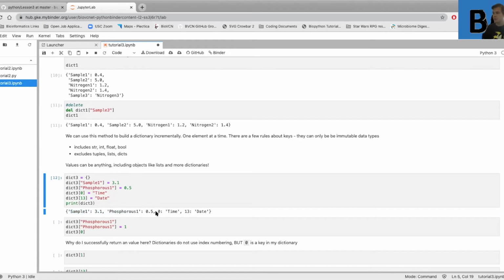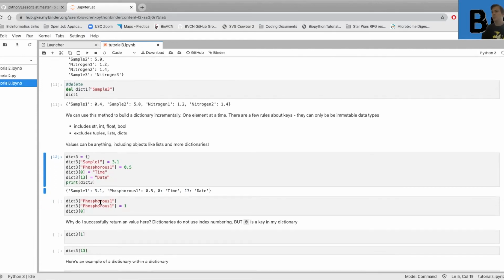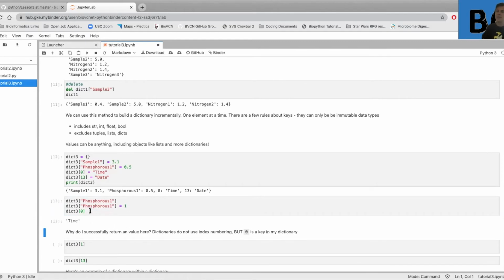You can see here, the key is in fact the number 0, along with the value time, and the key here is 13. So let's explore what this would do. Here we can take our phosphorus 1, which is currently set at 0.5, and reset it to 1. Here it looks like I'm asking for what would be the first position in the list. And instead of getting back sample 3.1, what I'm getting back is the key 0 and its value. I put dic 3 and I get back time. Even though I set phosphorus to 1, and gave it a value that it works with, and even though it looks like sample 1 is the first element based off of just what the order looks like on the screen,